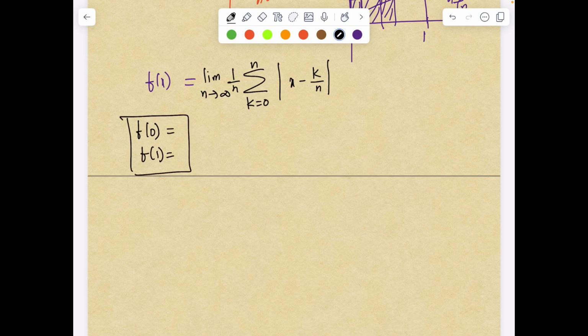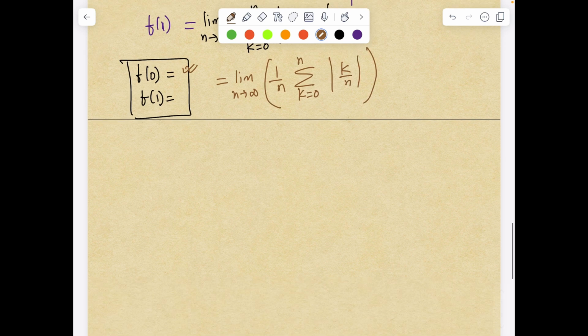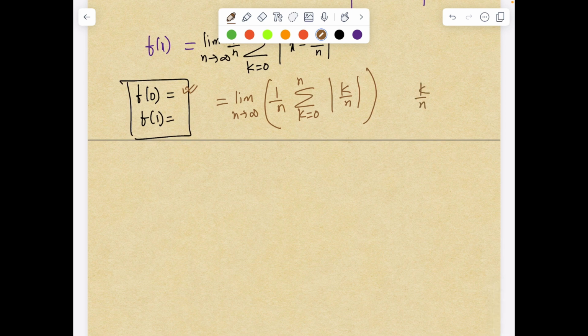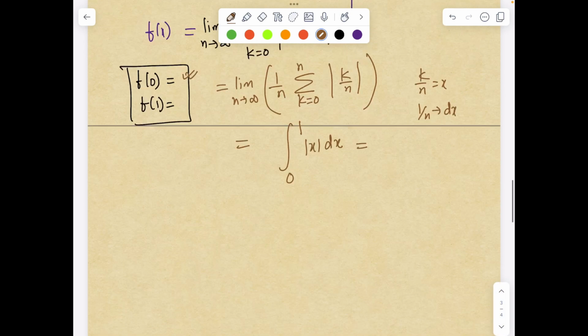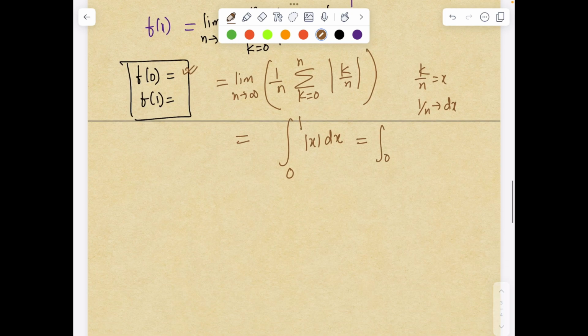So let's see how to go about this problem. This is again an interesting one, because one way of doing this is you directly put f of 0 and the question gets converted into limit n tends to infinity 1 by n sigma mod k by n, where k equals 0 to n. Now this is nothing but a standard Riemann sum. So if I take k by n as x and denote 1 by n with dx, this problem becomes integral from 0 to 1 of mod x dx, right? And that simply evaluates to integral 0 to 1 of x dx, which is half,